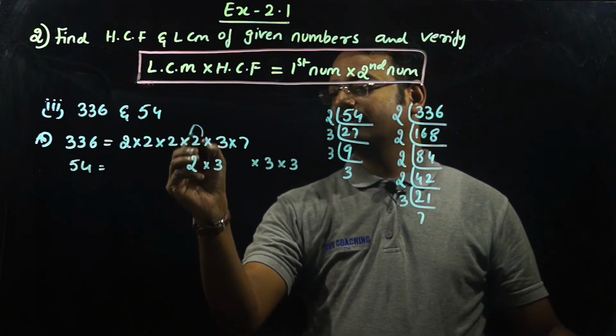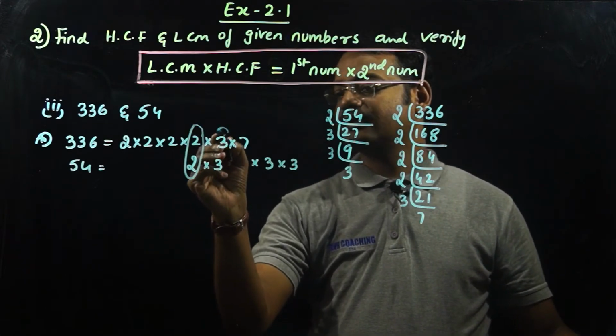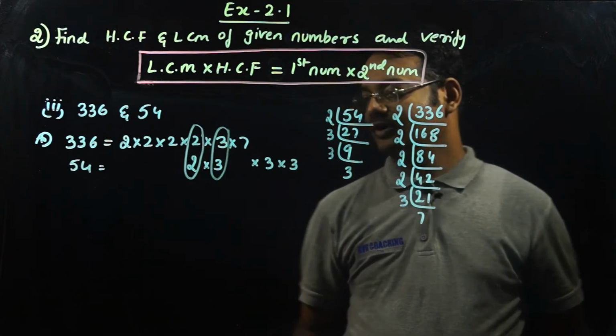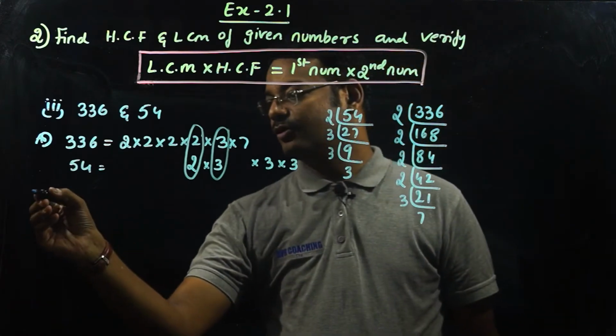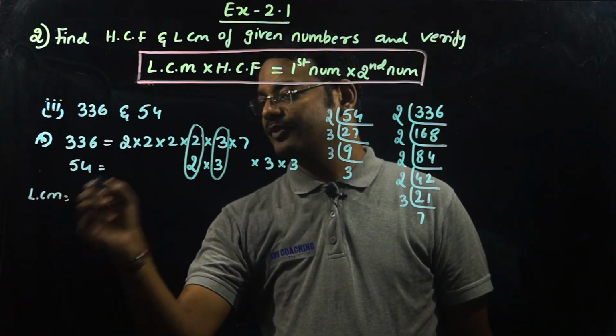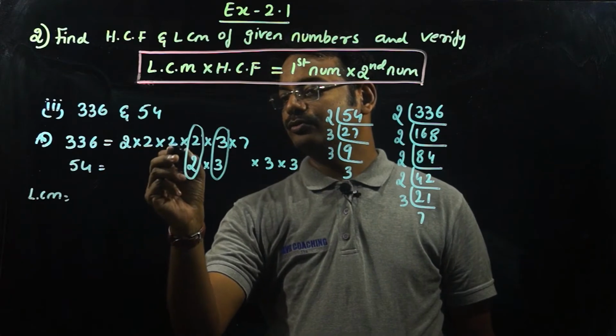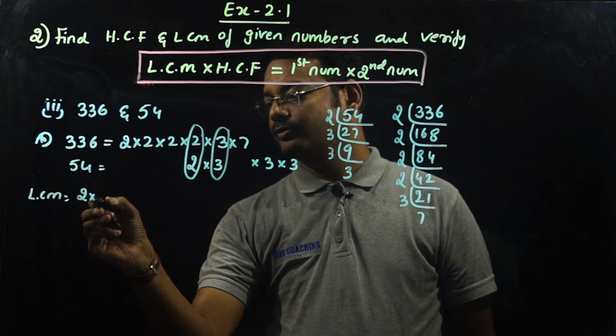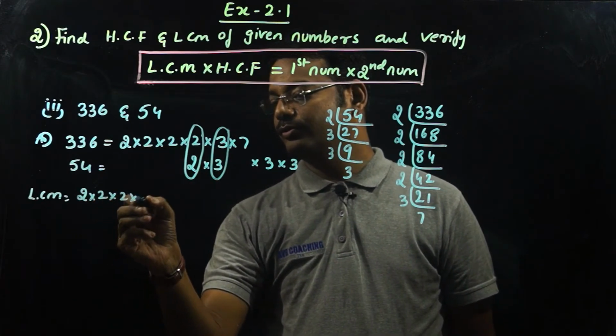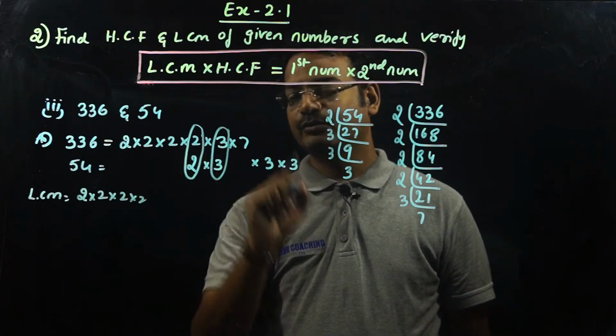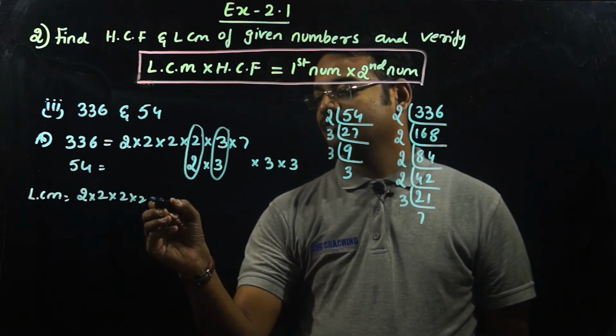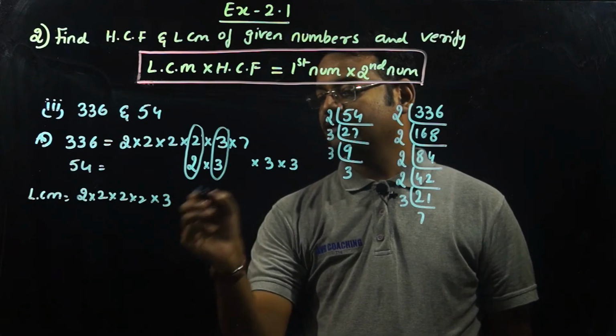So here the common factors are 2 and 3. So LCM is equal to 2 into 2 into 2 into 2. Even though we have 2 here, we are going to take only one time. So again 3, 7,